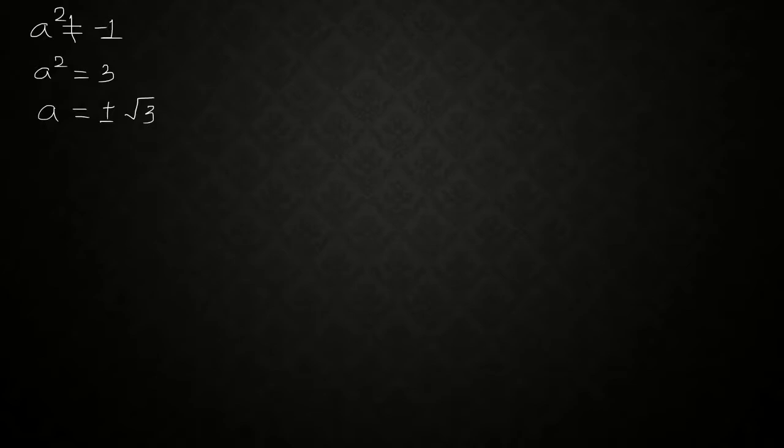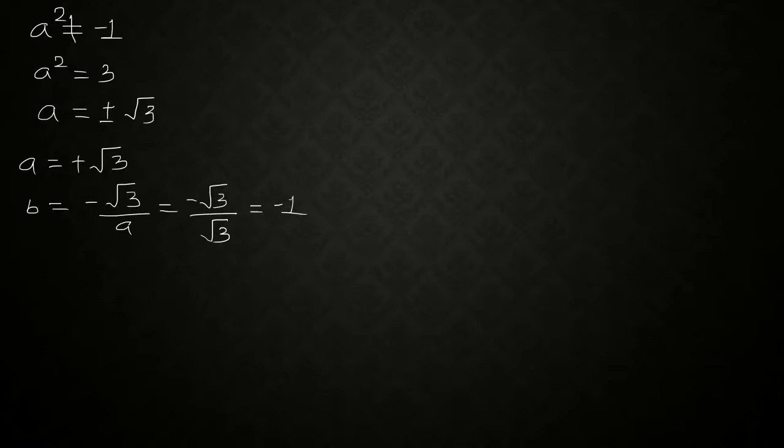So the first value of a we have is plus root 3, when we substitute in equation 2. So a is equal to plus root 3. So the value of b you will get is minus root 3 whole divided by a. But the value of a we obtained is plus root 3. So root 3 and root 3 will cancel. The first answer we obtained for b is minus 1. So the answer for a plus ib you will get is root 3 minus 1i.